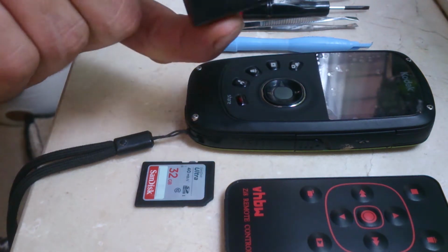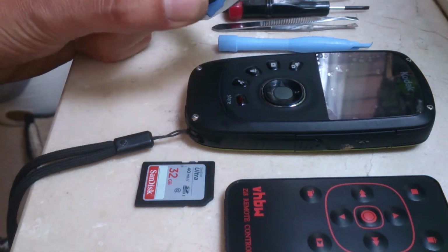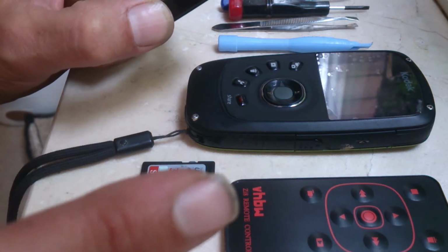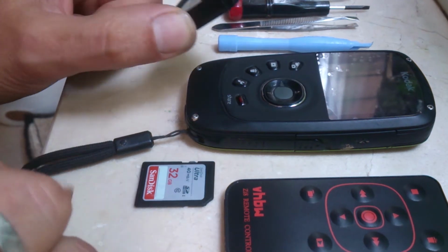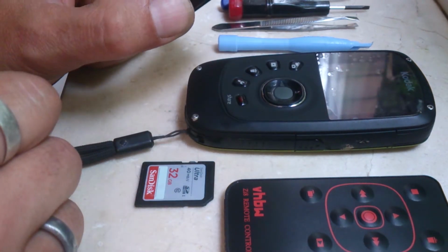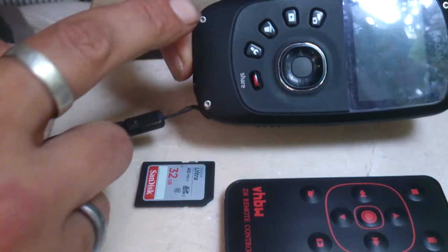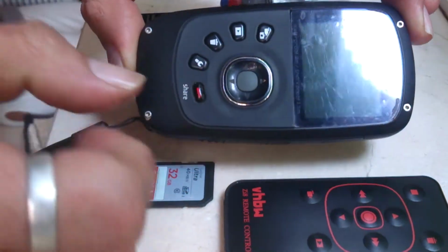I was surprised at how easy it is. Rather than get someone else to do it, just a little bit of info for yourself, and if you've got a little bit of confidence to take it apart, it's really easy. You've got 1, 2, 3, 4 screws in the front,